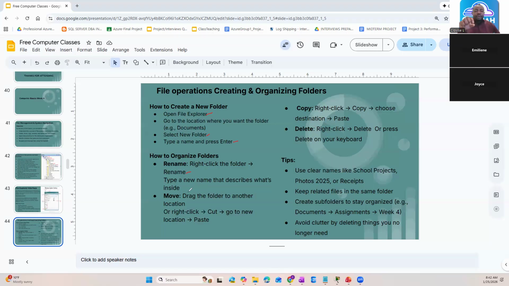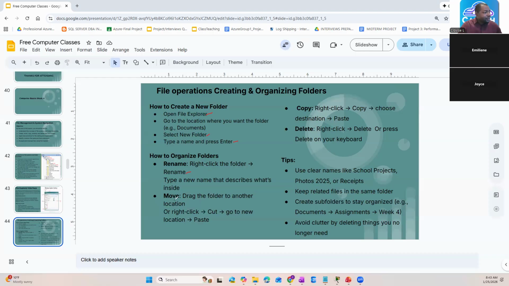So you're naming your folder based on what you have inside, right? Like for example, we did an example, we gave Free Class Note. You look at that, you already know that, okay, if you are attending Cannah Class Solutions free computer basics, you already know that under this folder, we have